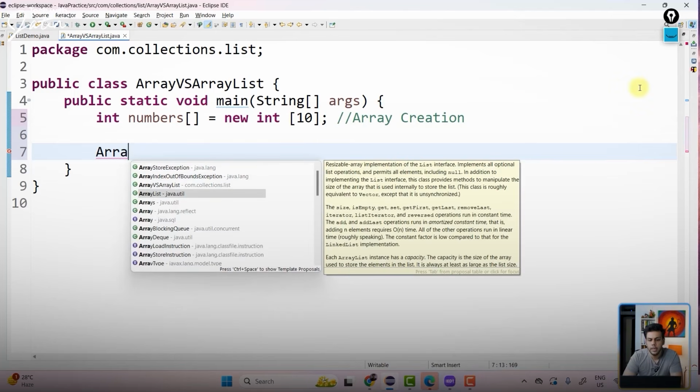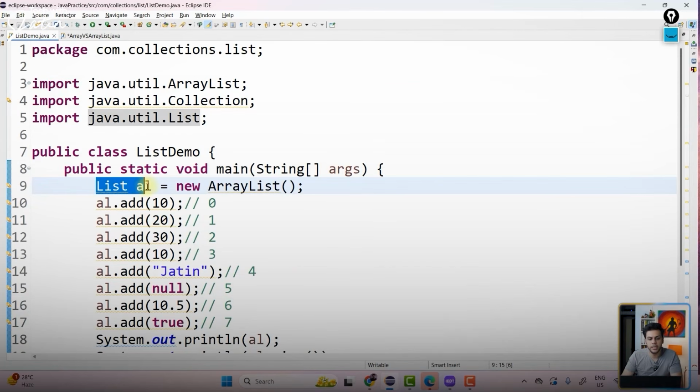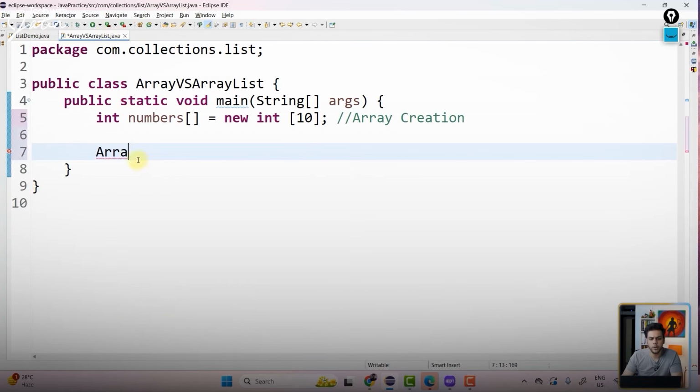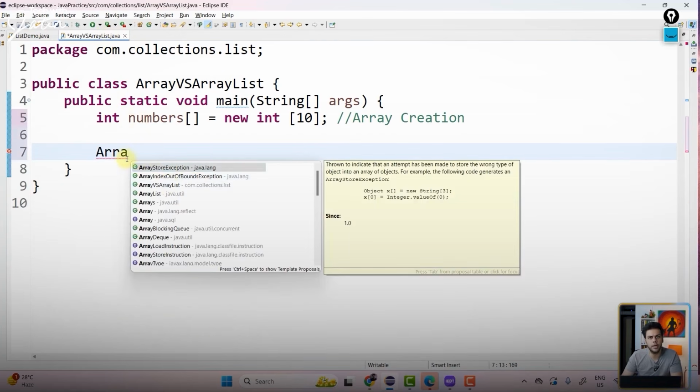Read the description. It's a resizable array, an array which can be resized, can be increased and can be decreased. Is this part clear to everyone? A resizable array which can be increased or decreased, and it implements the list interface. Previously, when I was creating an array list, I have written List of AL. Of course, because this is object-oriented programming, you create the reference of parent. Here also I should do that, but I will not do it, because I just want the focus to be on array list itself.